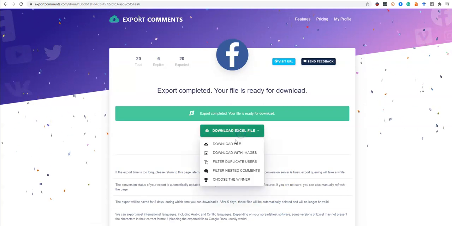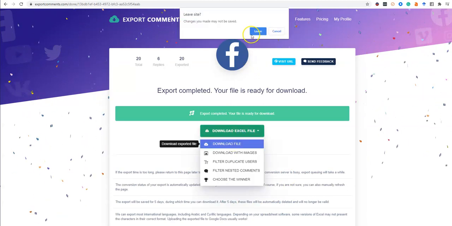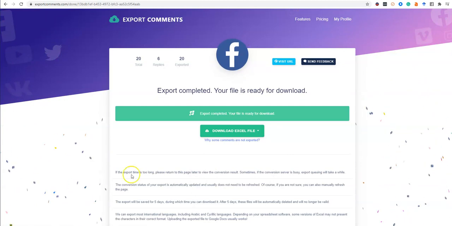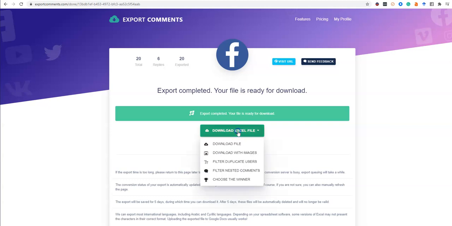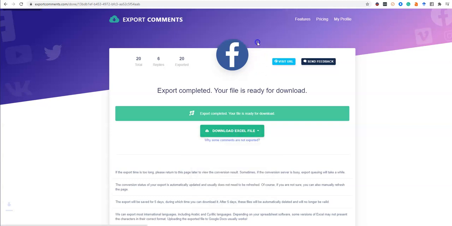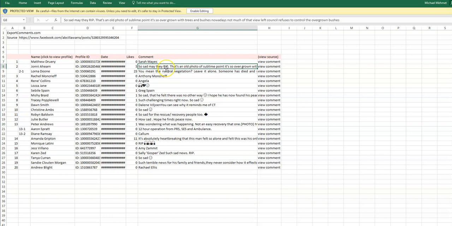And then you've got your Excel spreadsheet. So just leave the site for a second, and then it should spit out the Excel spreadsheet. We just download the file. Yep. All right, it opens up down on the bottom. And then there you go. So you've got all the